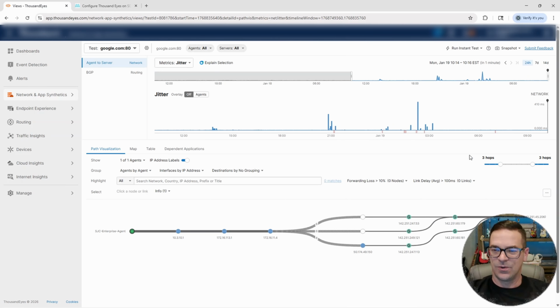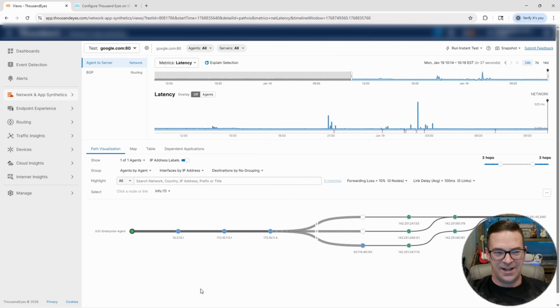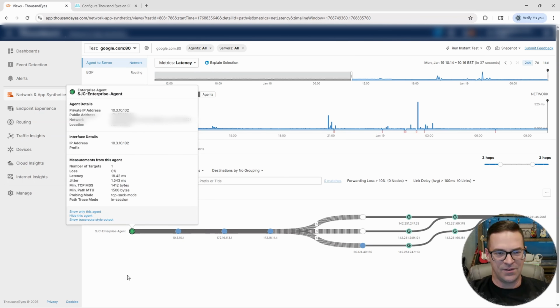But you can go back historically and try to determine what the issues were that my end users or my applications were facing. So let's go to latency. And we can see if we come down here to the path visualization, and if we hover over any of these bullet points, we'll get the information that pertains to that particular hop or that node inside the network. All right. So we can see private address, public address, location. We can see all the details as far as the loss, latency, jitter as it pertains to this particular hop